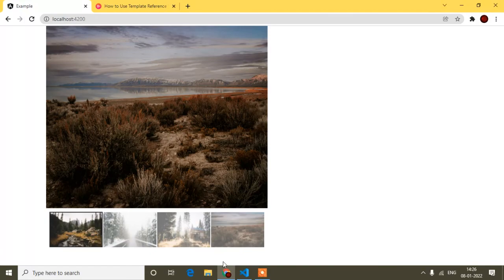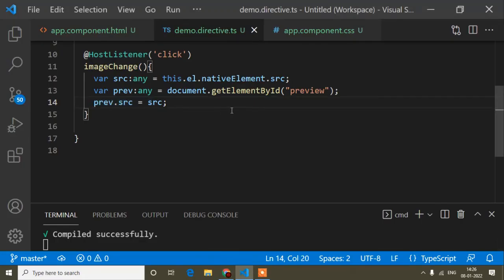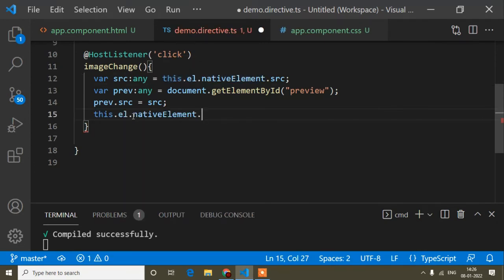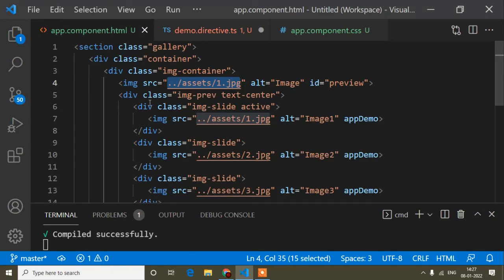So here what I will do, this dot this one, okay, this one dot style, not style, dot class list dot parent element, because this image here is the child, and this is the parent, and in this parent I have added active.